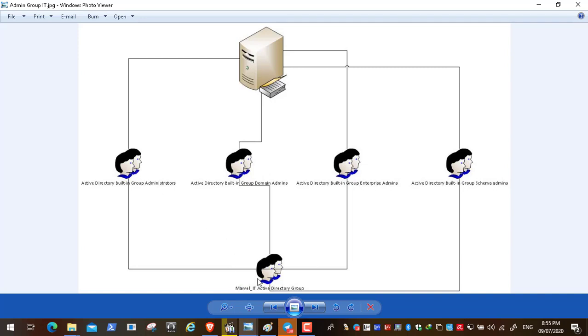Why are we doing this? Just to give the Marvel IT group whole control over the Active Directory: creating and deleting, adding and removing, group policies, and so on. By putting Marvel IT in these different Active Directory built-in groups, the most powerful built-in Active Directory groups, we are giving Marvel IT complete control over